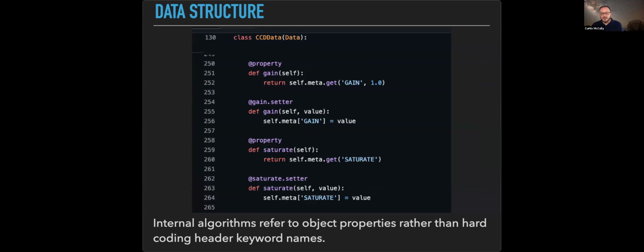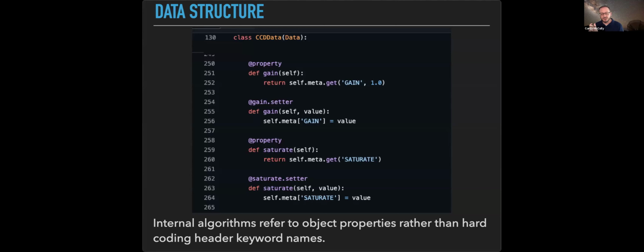Now, instead of having to include all of that, we've defined a set of properties inside our data classes so that we can then just call those. So I can say image.gain,